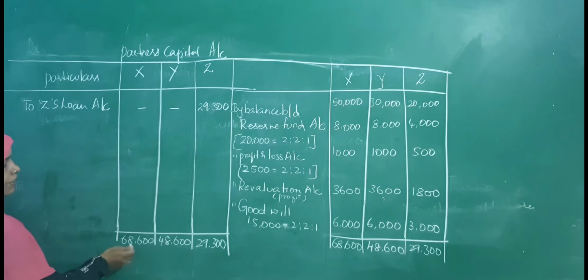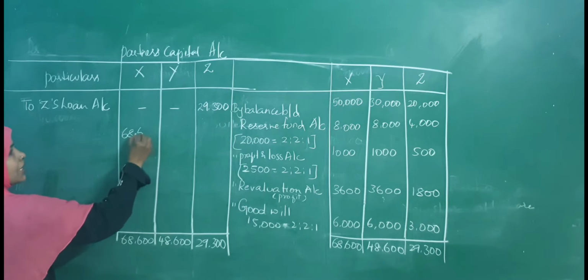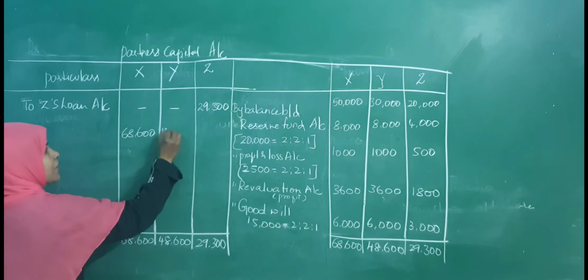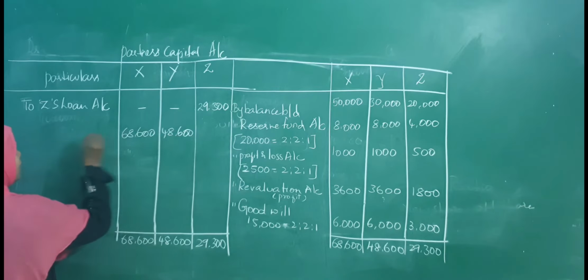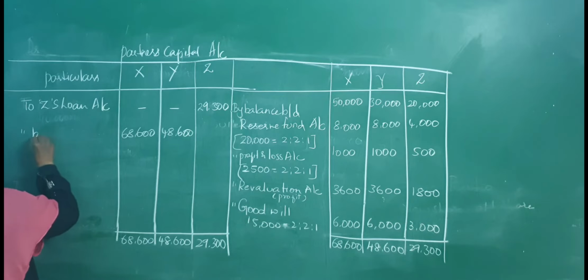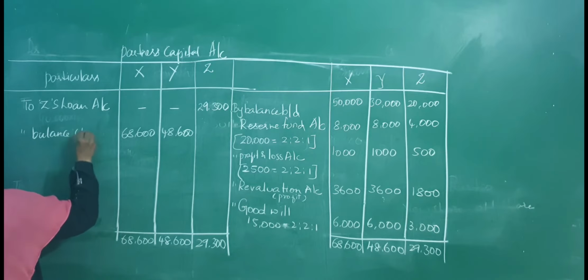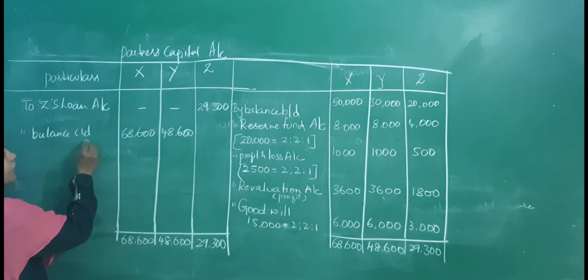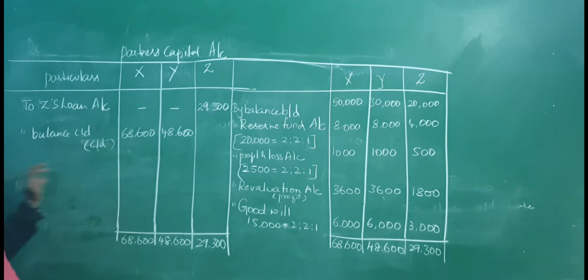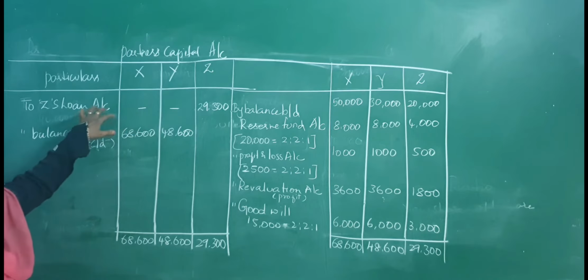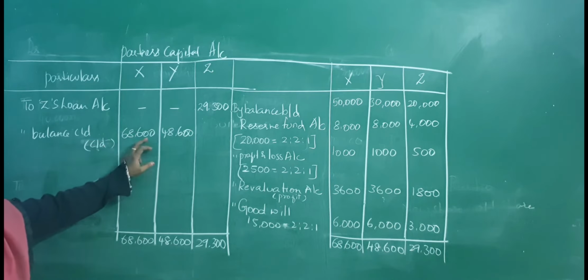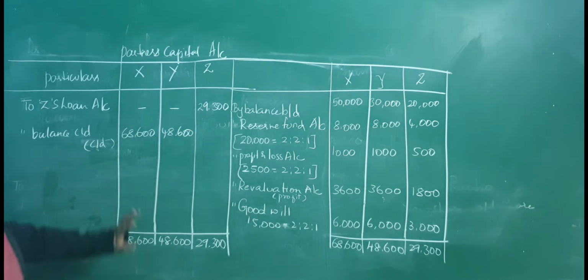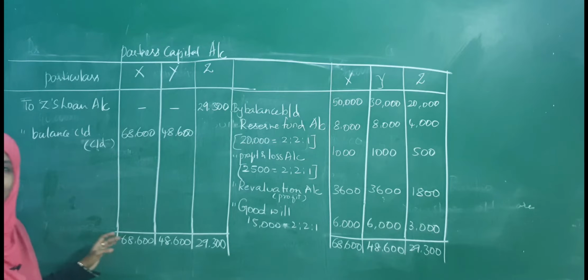Next, as we don't have any balances here, we are going to do it for the other two partners. You are going to write the same balance because they have not given any items in the debit side, and we don't have any either. This is balance carried down. This will be taken to the balance sheet. These two balances. And when you are writing for Z, you write Z's loan account, and these two as they are, X's capital account and Y's capital account. This is the complete format of partners capital account.